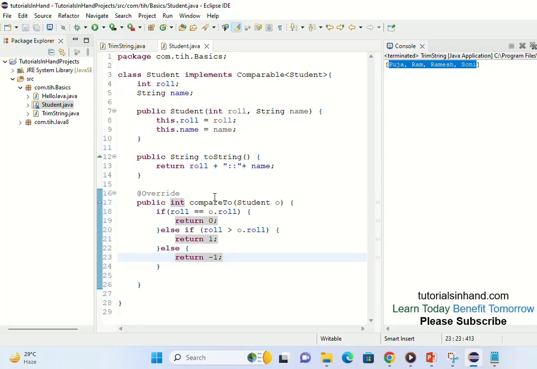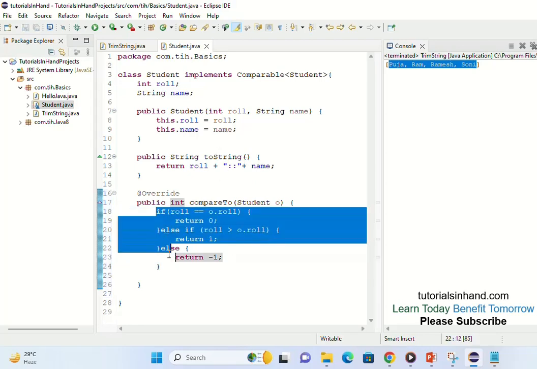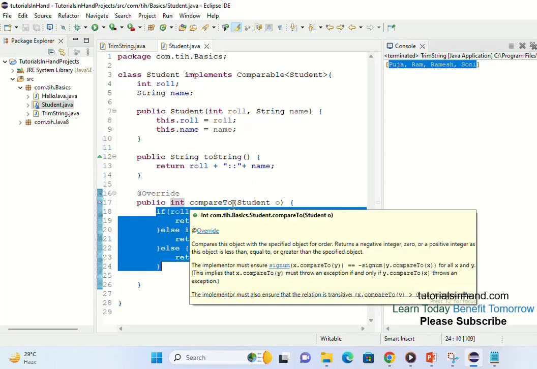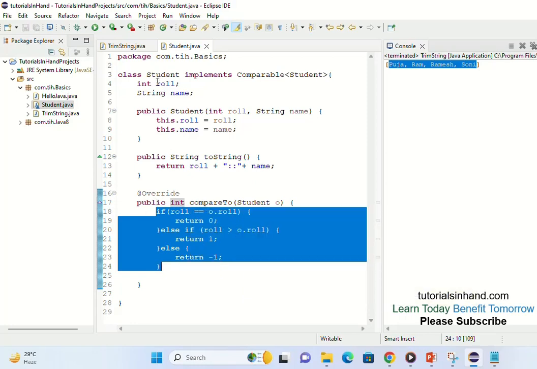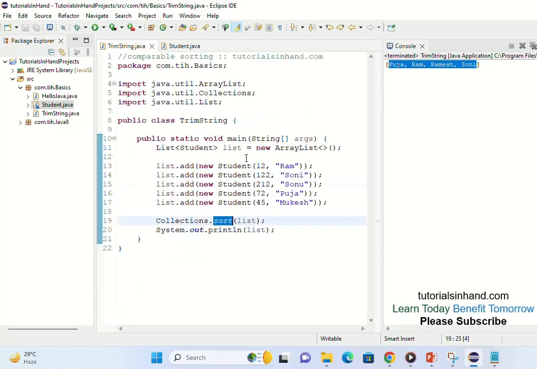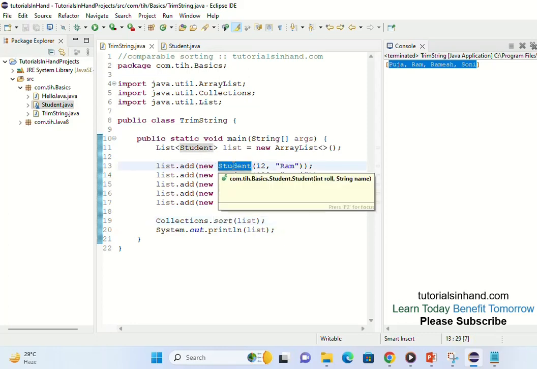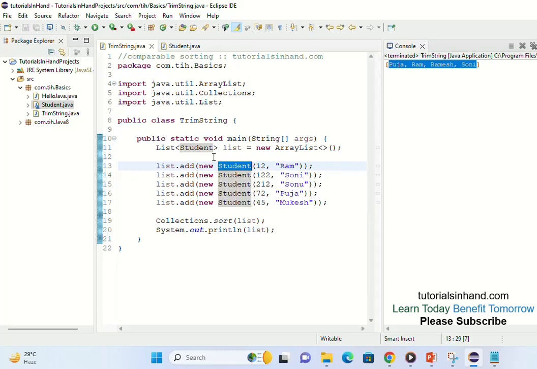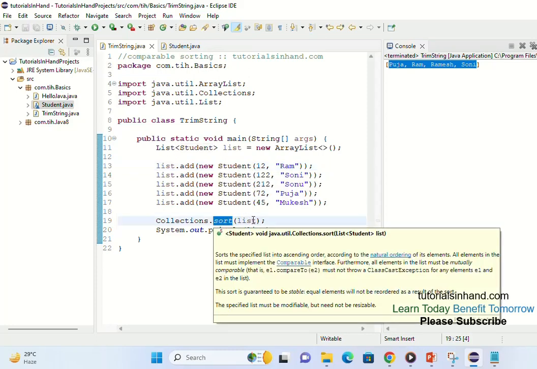So this is how it works, and this is the standard way of writing the logic in the compareTo interface if you have to sort on the basis of integer type, right? So if you now execute this class, you see it will be able to sort. The error has disappeared because now Student is also implementing the Comparable interface, and it is now in sync with the type which this sort method can sort, right?